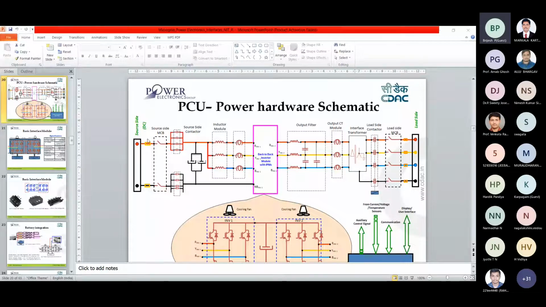This is some basics about battery charging. What we used is a lead acid battery. As it is a standalone application, we need not go for a lithium battery, which is a little bit costlier than lead acid. So we went for a lead acid battery.